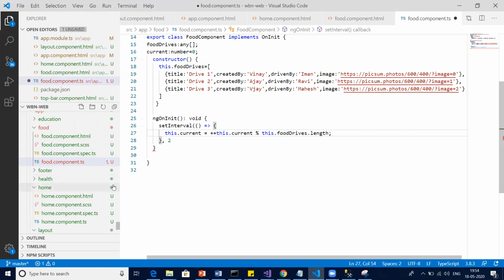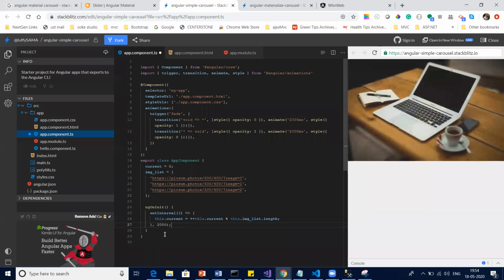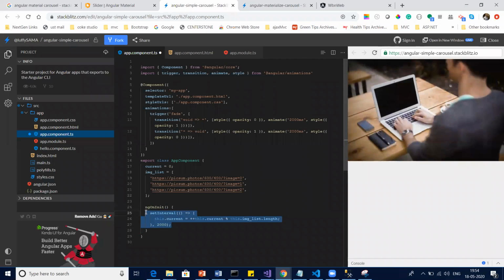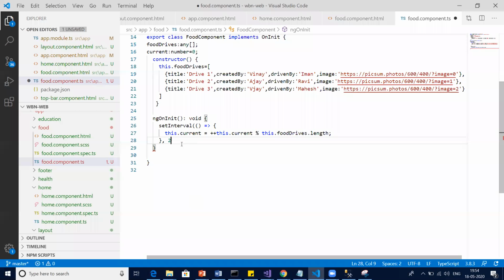So what I'm doing over here is simply, after every 2 seconds, I am saying current should be plus plus.